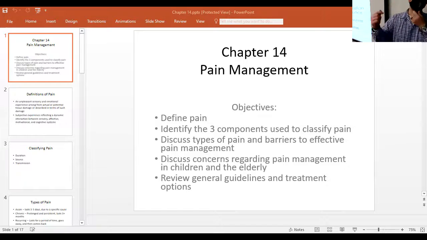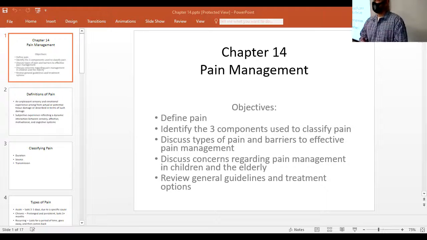So we're going to define it, identify the 3 components used to classify it. There's different types of pain, and we'll talk about those, and there's barriers to effective pain management. We'll talk about that also. We'll talk about specifically pain management in children and elderly patients